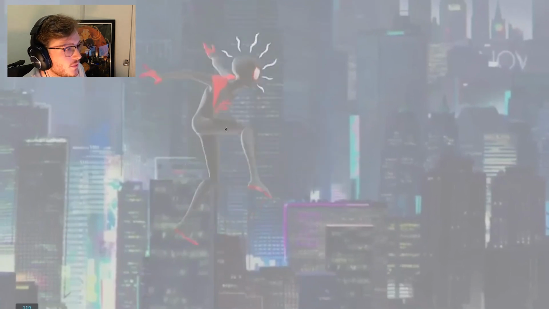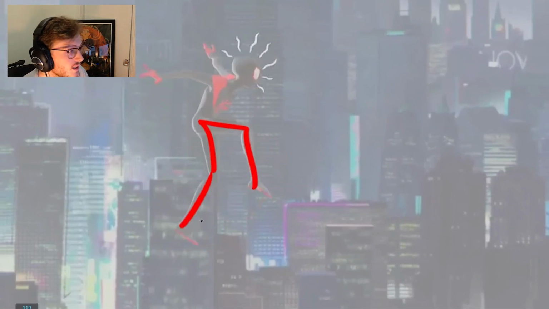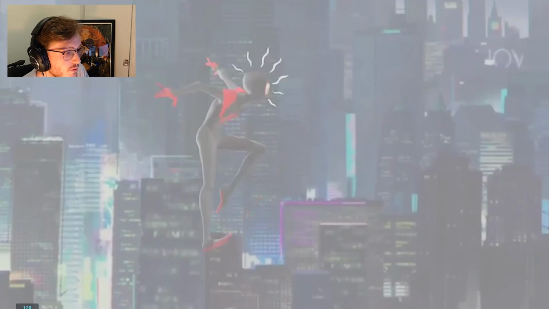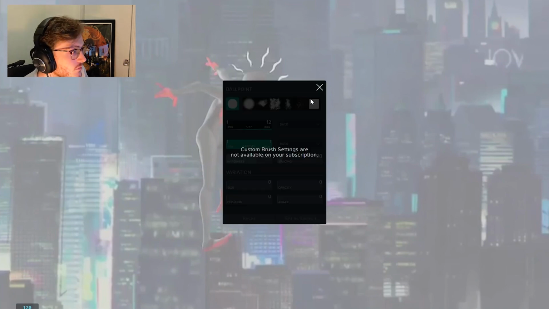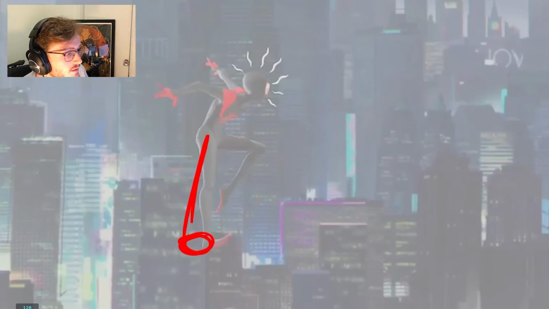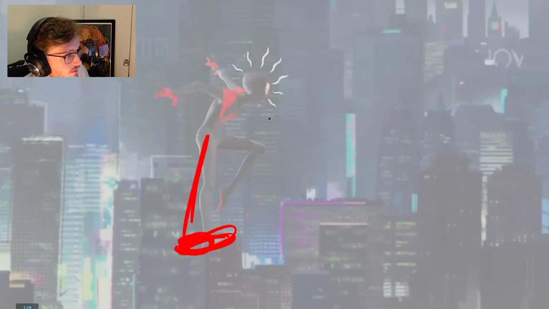I will say that this pose, if you look at the legs onto the next frame, they look very similar to each other in terms of position, but the legs are swapping. So ideally in this, I would have had this pose change a little bit more, and I think you could even exaggerate it. I probably would have made a bigger spacing on the legs here and a bigger contrast.